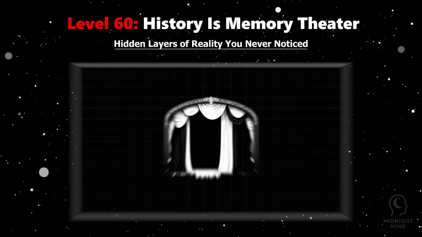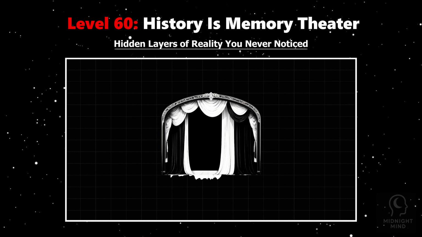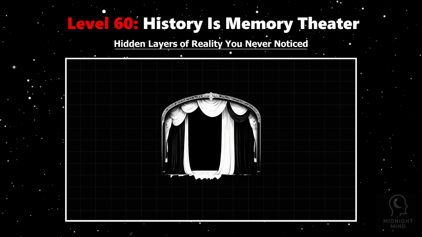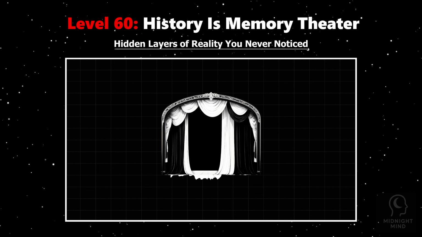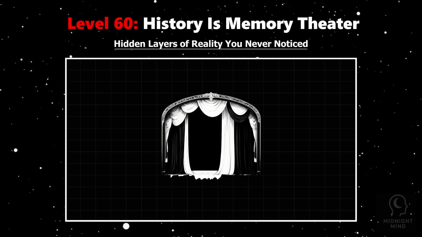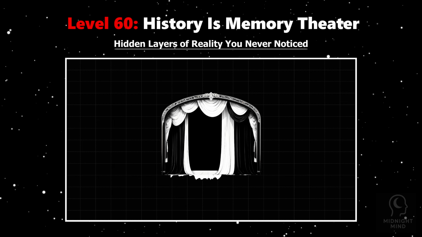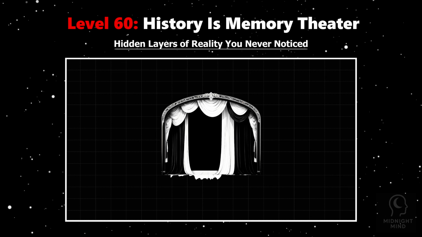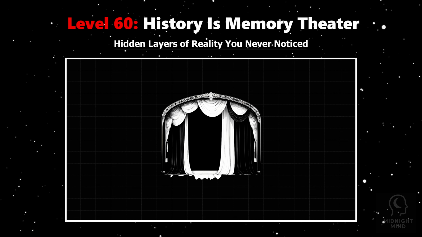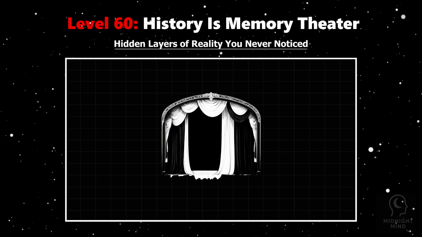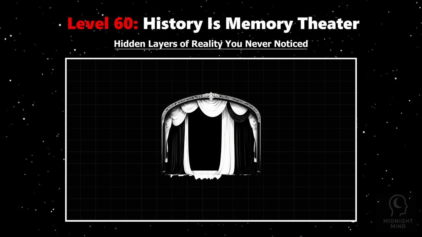Imagine history not as fixed truth, but as a theater of memory, where what you learn is a crafted performance shaped by survivors who wrote the scripts. Science and historiography reveal that history is filtered through bias, perspective, and the selective stories those in power choose to preserve. Archaeology and archival studies show how records are incomplete, altered, or destroyed, leaving gaps filled by interpretation and myth. For example, many historical events are remembered differently depending on who tells the tale. Victors rewrite narratives to justify actions and erase inconvenient truths.